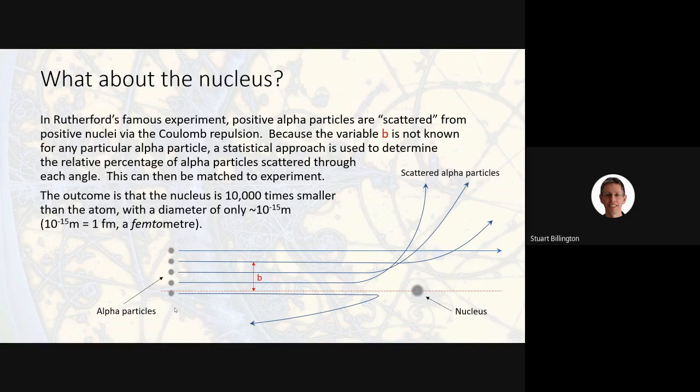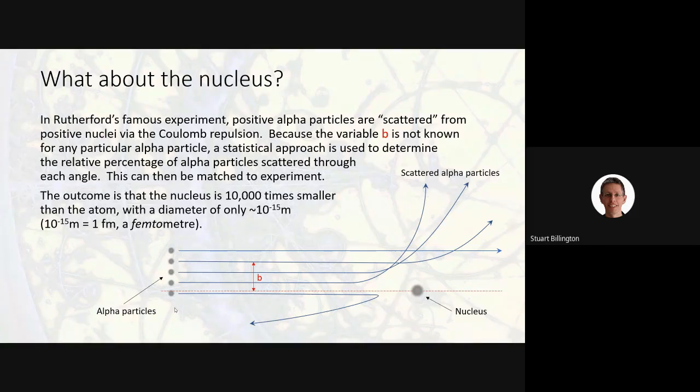And then you need to apply a statistical model, using a kind of probability distribution from mathematics, from statistics. You apply your probability function to B, and you get a range of likely scattered angles. So like 10% might have scattered through 13 degrees and 20% might have scattered through 18 degrees. And all of those values come from the statistical spread of the values of B and the diameter of the